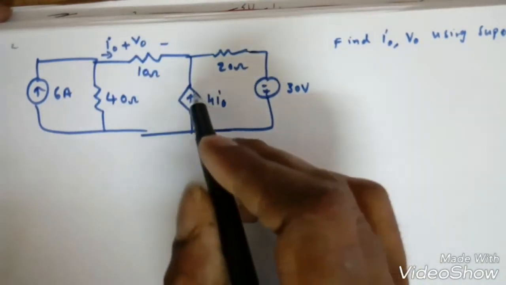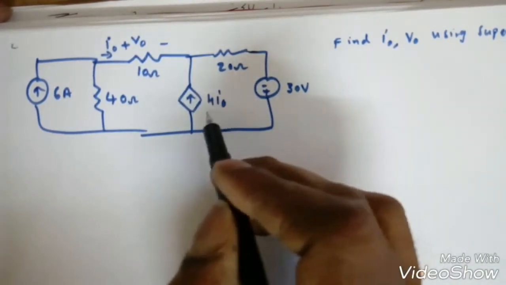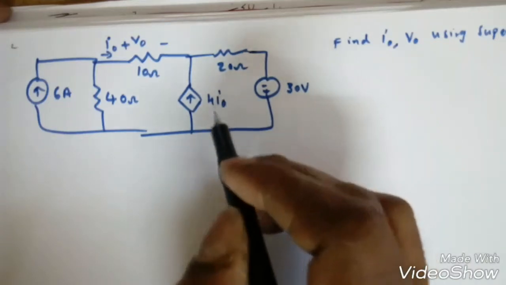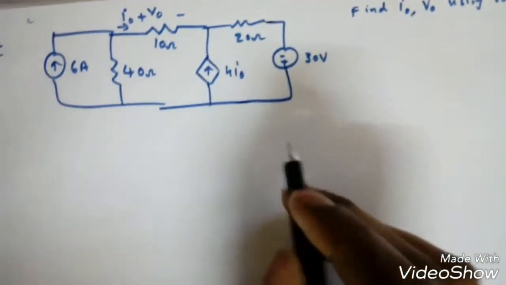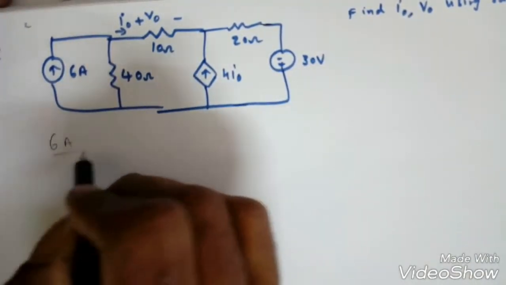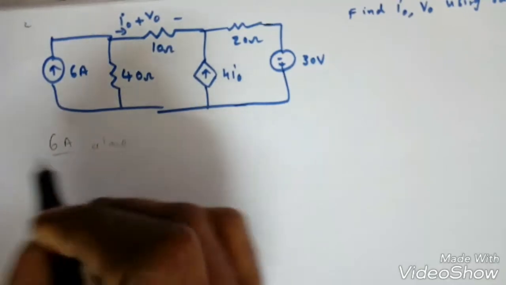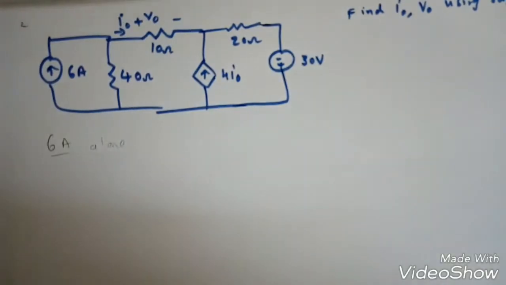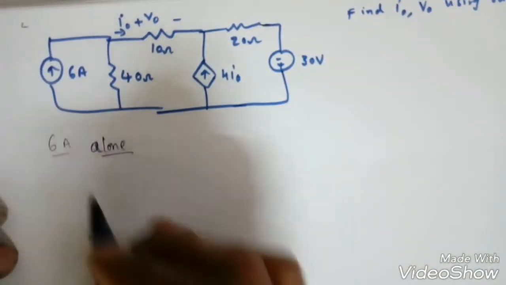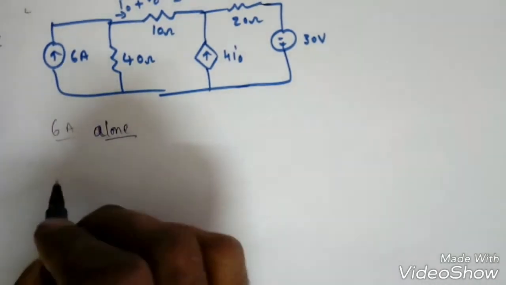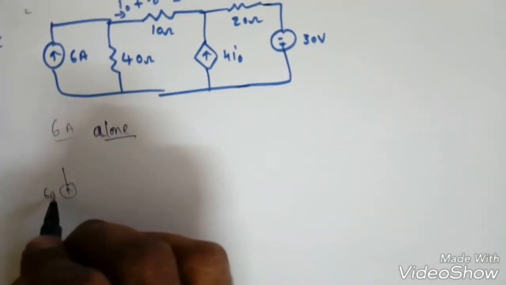See this. There is a dependent source, which is a linear dependent source. It is dependent on I naught, not I naught square. So then we can apply the superposition principle here. First we'll see the 6 amperes source alone. Now if I draw the circuit, this is the 6 ampere source,